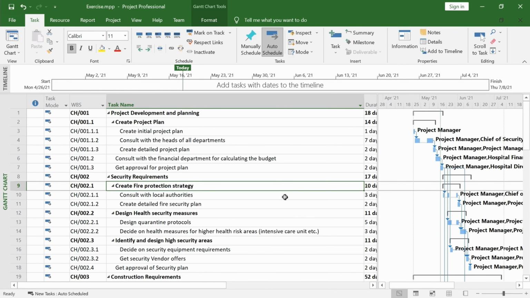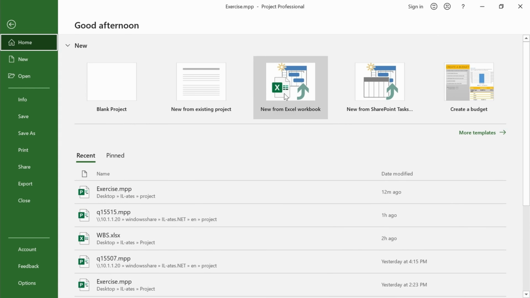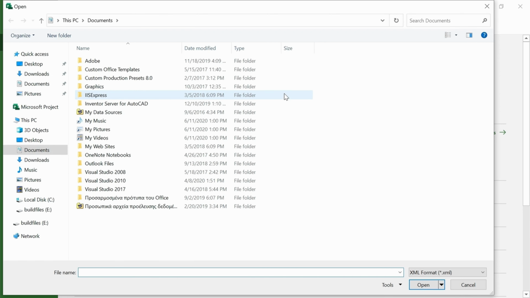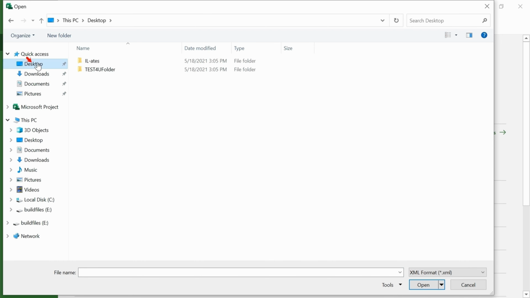The process to append the data to a project from an Excel workbook is similar to the one we follow when you create a project from a workbook. Go to the File menu and select Import from Excel Workbook. Navigate to the required folder.